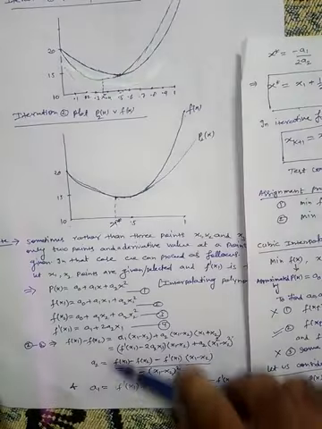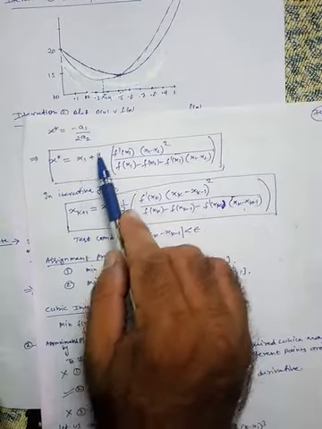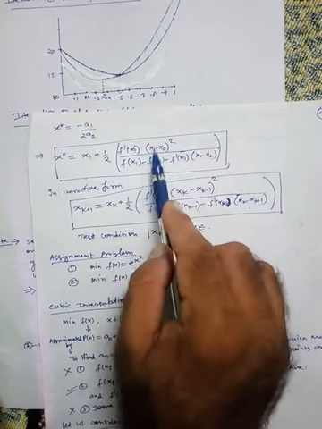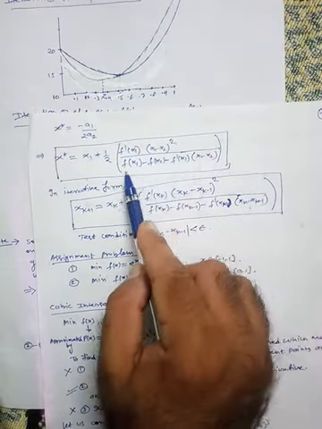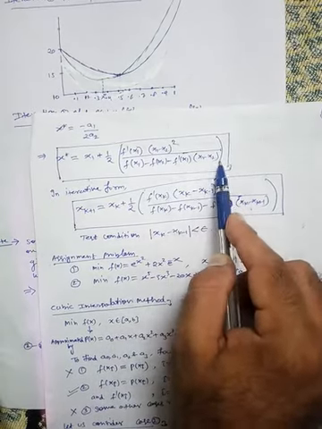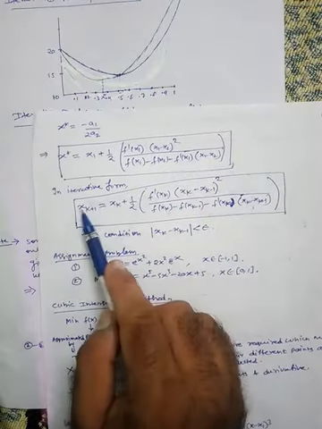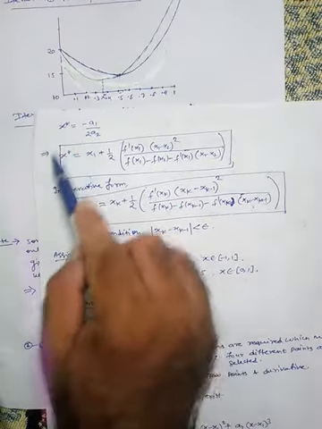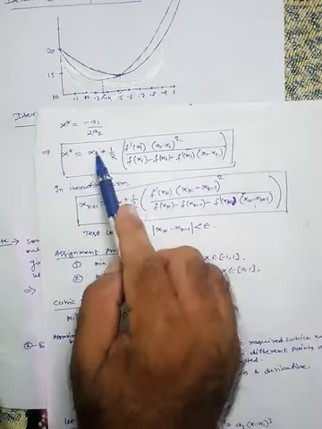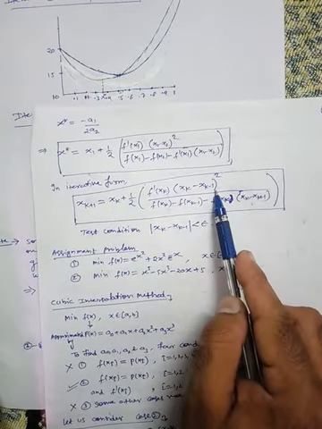So when you divide these with the help of this formula, x star is x1 plus half of f dash x1 into x1 minus x2 whole square, divided by f of x1 minus f of x2 minus f dash x1 into x1 minus x2. Fine. Now this formula in iterative form can be written as xk plus 1. In place of x star I write xk plus 1, in place of x1 I write xk, and in place of x2 I write xk minus 1.